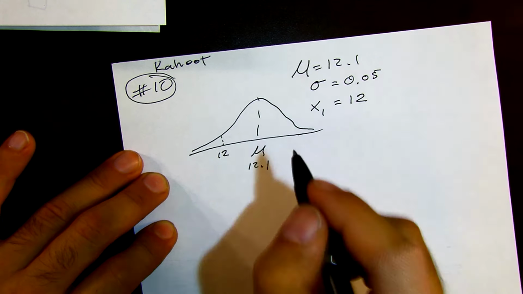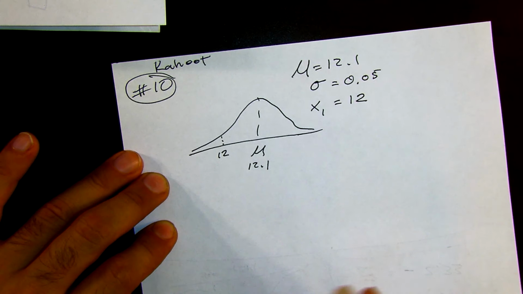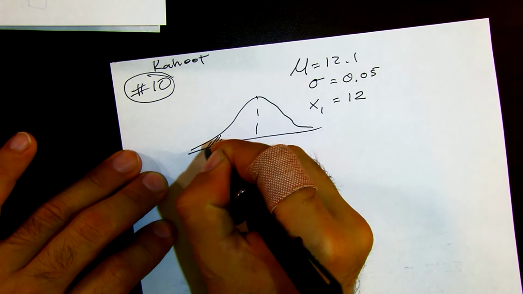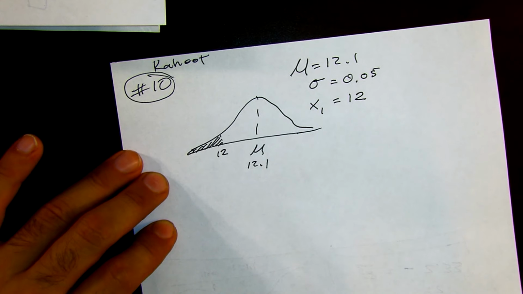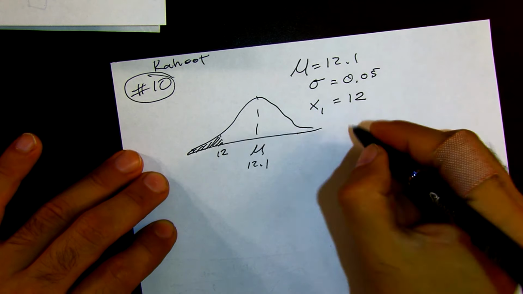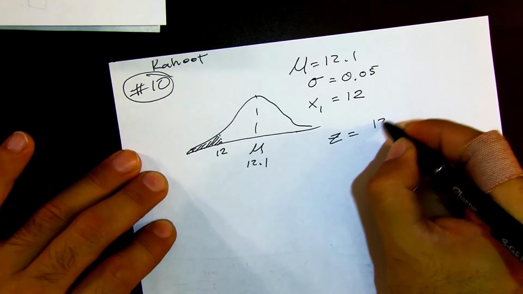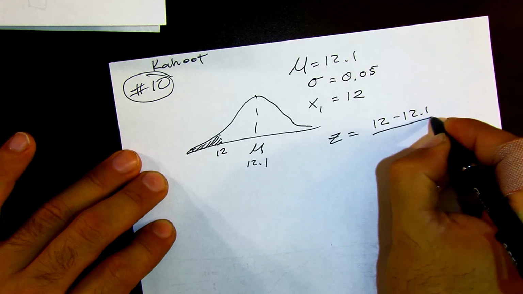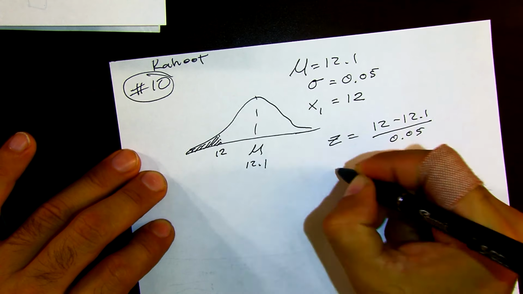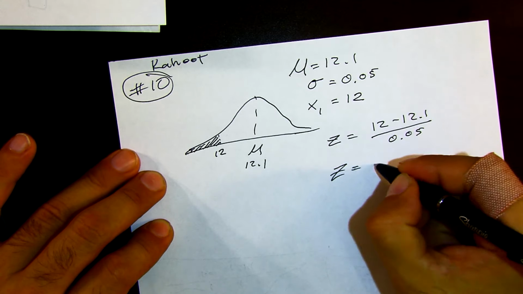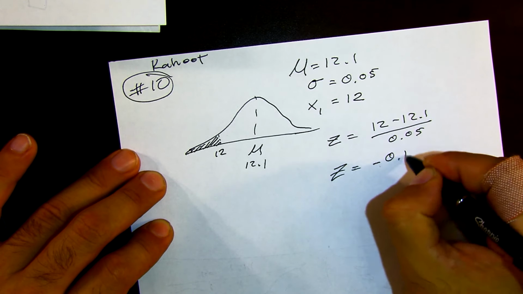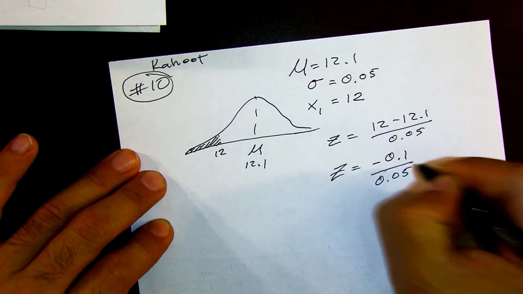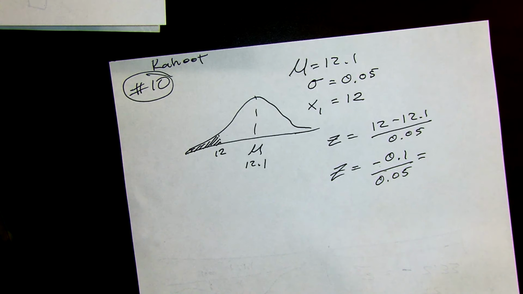Okay, so what we're trying to figure out is what cans are underfilled. All the underfilled cans are going to be all these down here. So it sets us up for a z-score type problem. Okay, let's find the z-score. 12 minus 12.1 over 0.05. This is going to give us negative 0.1 over 0.05. A lot of zeros in there. So we're going to get a z-score of,